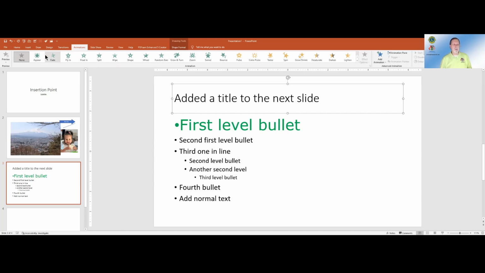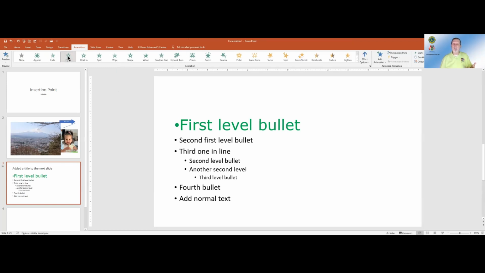For instance, appear means exactly that. When I turn on appear, notice this, and I'm going to come back to this. If I change my mind, fade, and I'm seeing an example of what it will look like during the presentation.